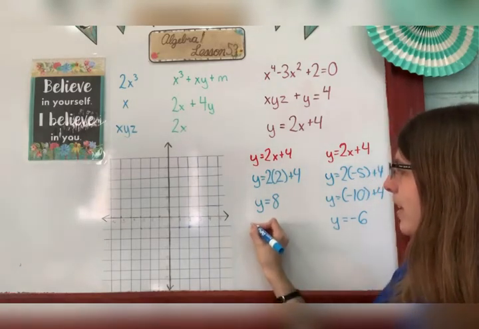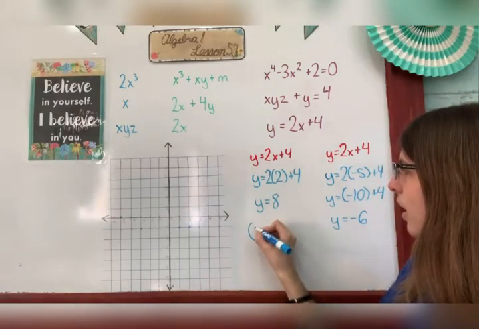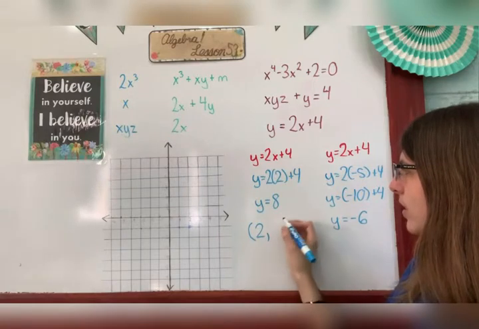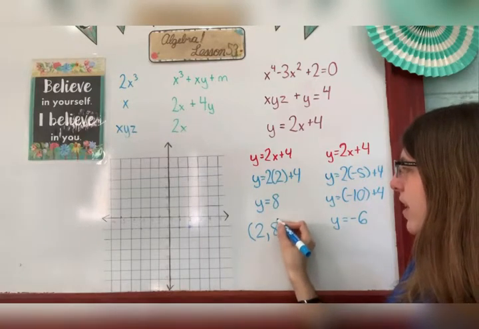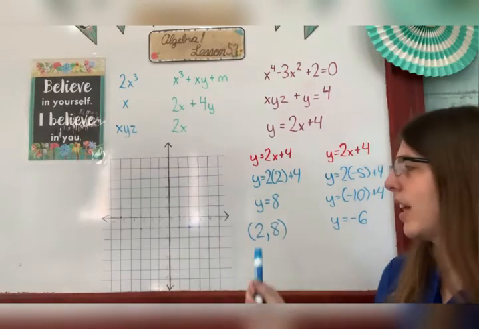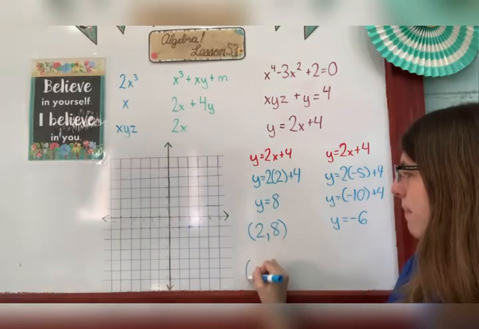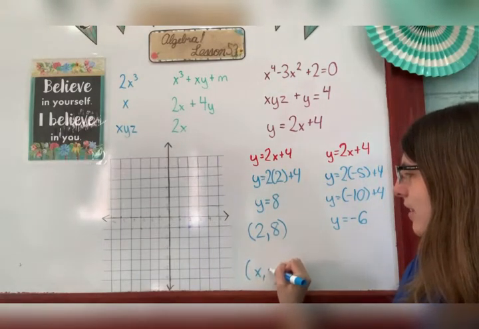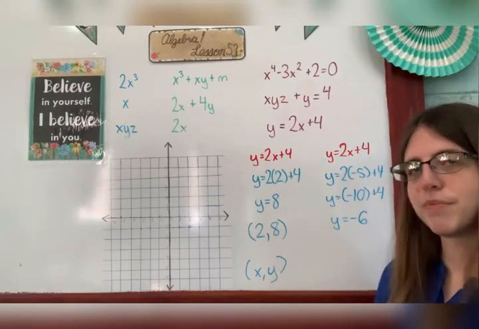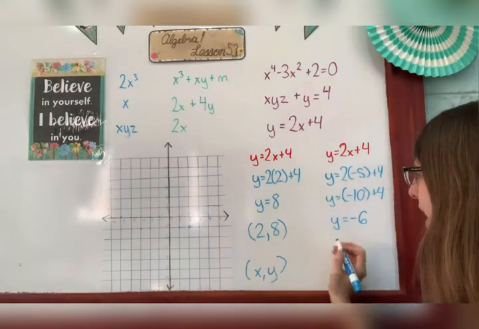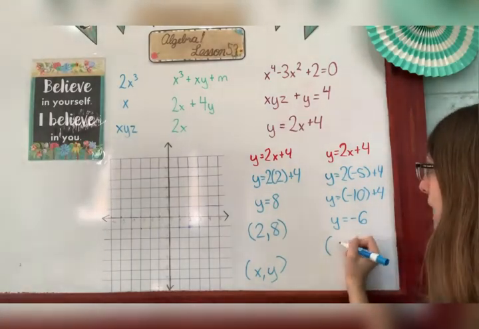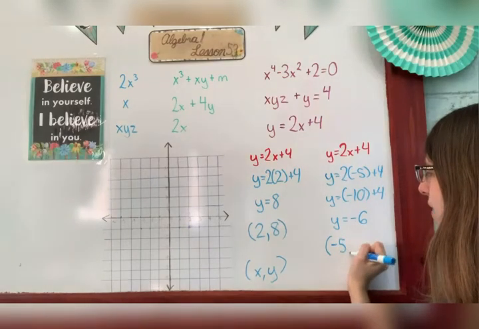When you do this, you write it in parentheses. X is always first, and then Y. Think of it as being alphabetical order. X, Y. So when we write our variables, it's X, Y, like that. So this one will be 2, 8. And this one, my X is -5, and my Y is